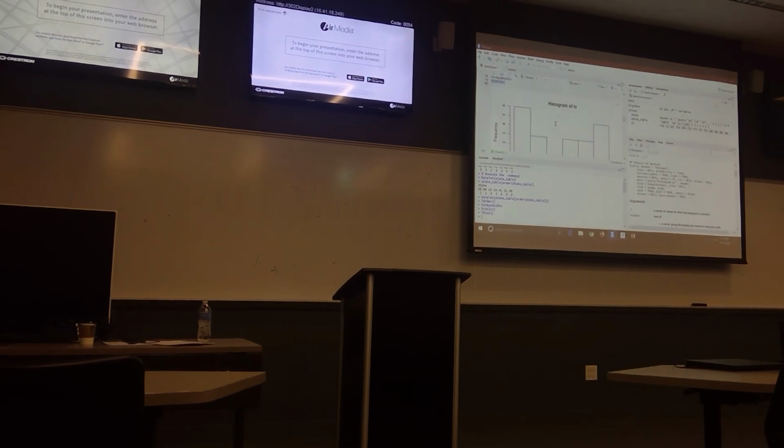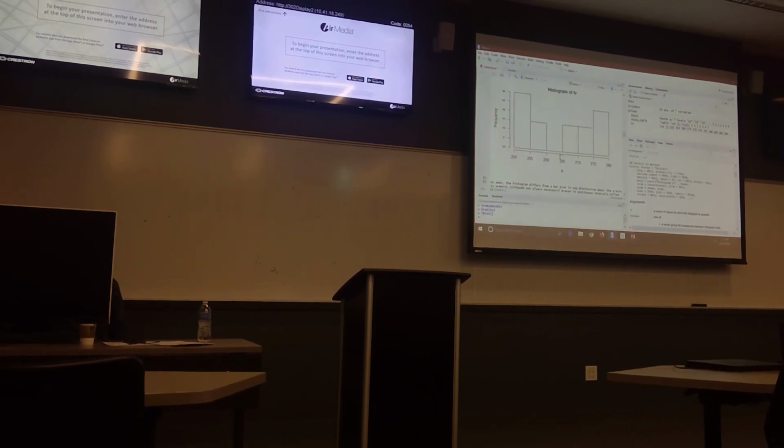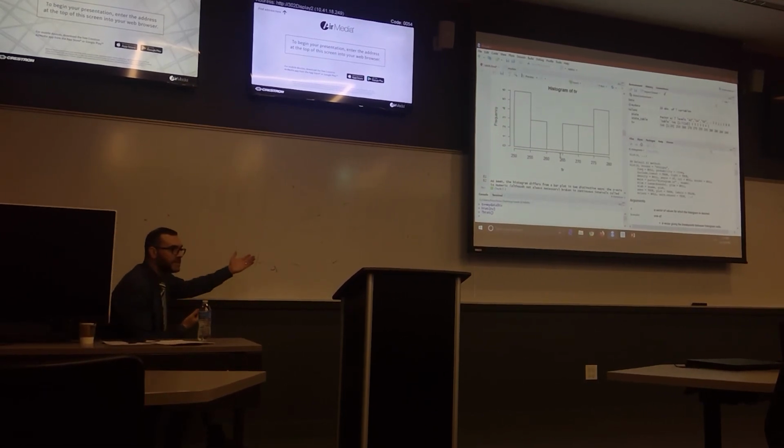So, this is my histogram. How is the histogram different from bar plot? Both of them, histogram and bar plot, have bars and values. Why is this different?